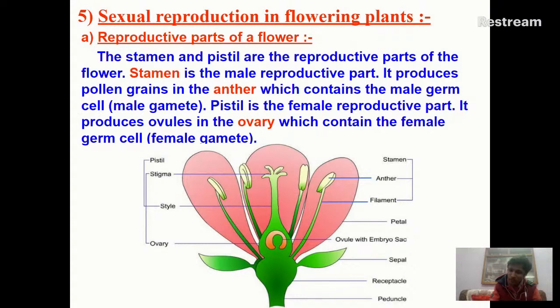Today in this topic, we will do this. What material does stamen produce in the plant? And I am also giving the answer here,